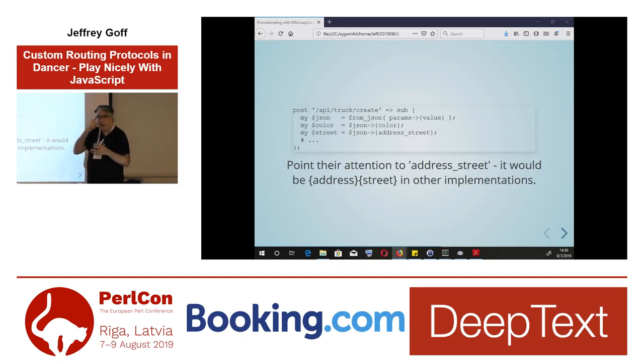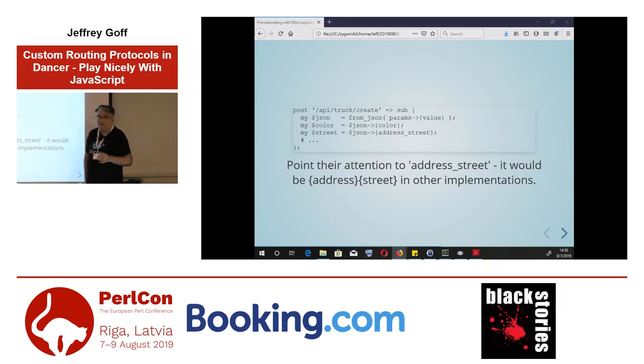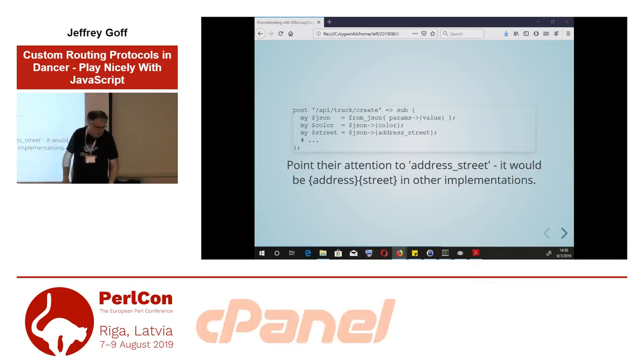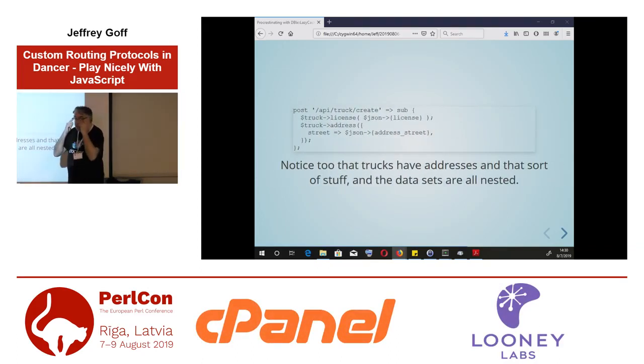Because again, what I want to do here is be able to create a very nice, straightforward application that does all the stuff that we're doing here to post, which is REST speak for create: unpack all of the JSON from one value, unpack the color, unpack the address, unpack all the objects back to what they should be, undo the _ over there, undo all of that work, go through and insert into a new truck object somewhere the fields here, insert a nested truck address object, and this time unpack the address_street into address street like so. Do all that work